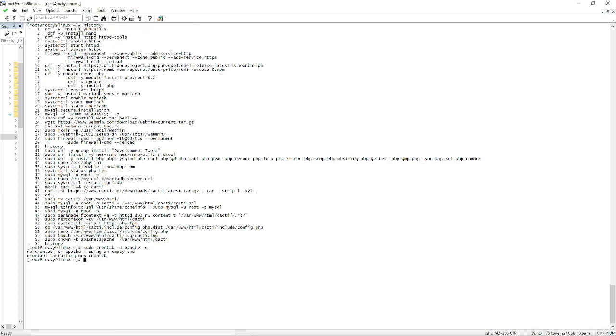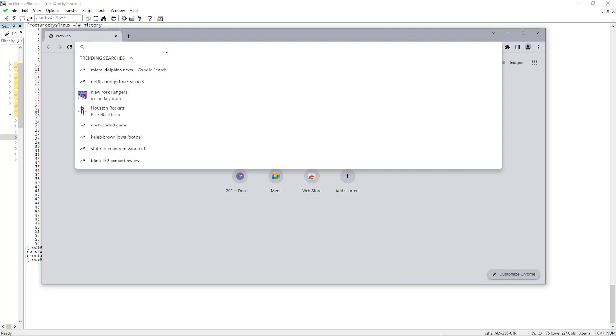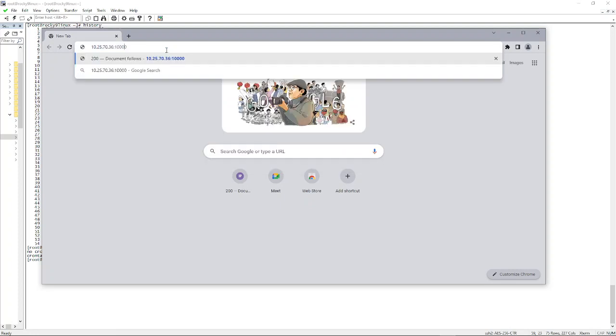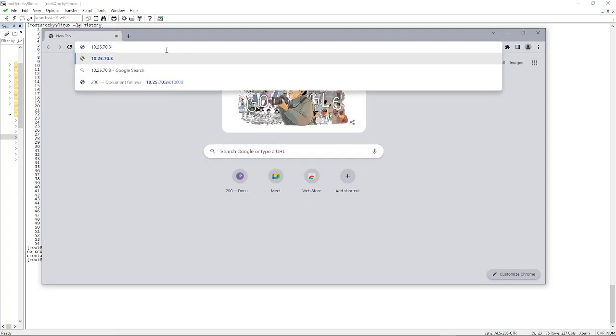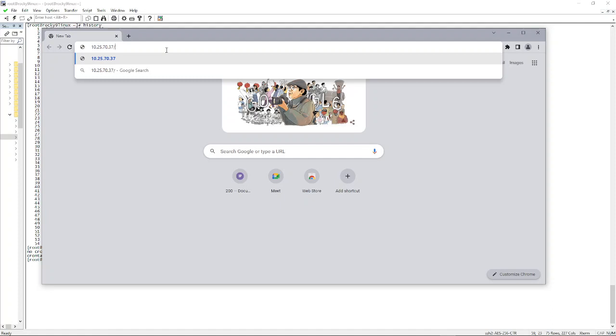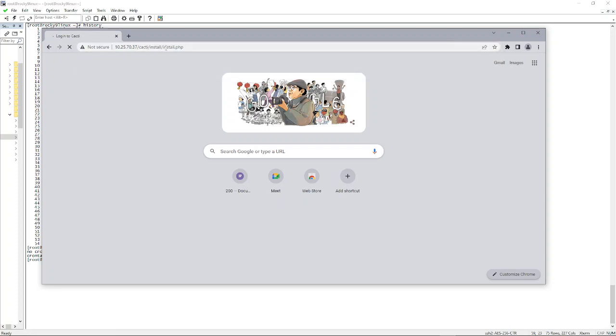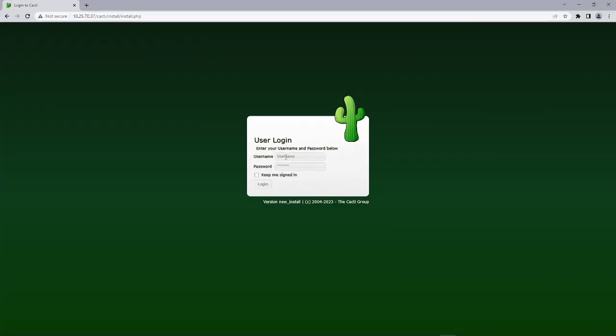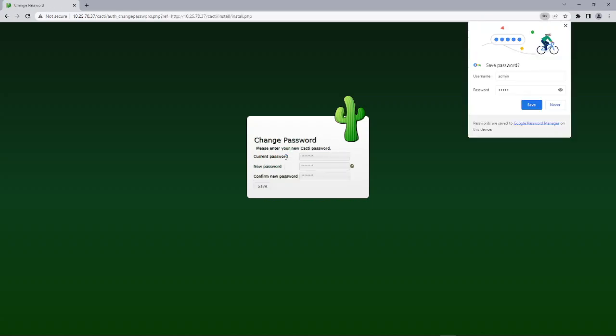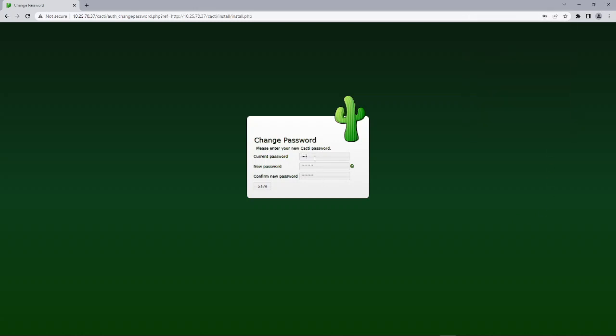Now the only thing left to do is go to Cacti. So give me 1 second here. And because I have this on a server, I don't have DNS for this just yet. I'm just going to go to the IP address. And there's a default user ID and password, which is admin admin. It's going to ask me to change. That's fine. I will input the original, and then I will make this